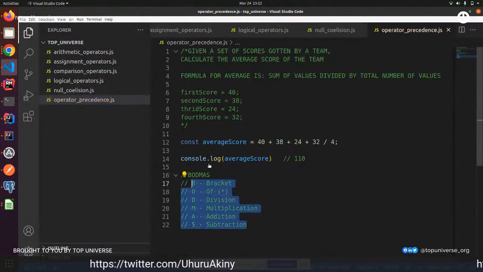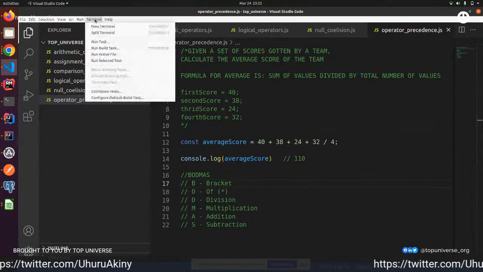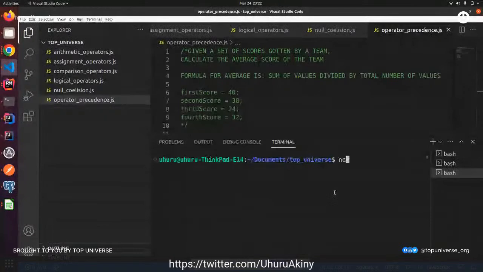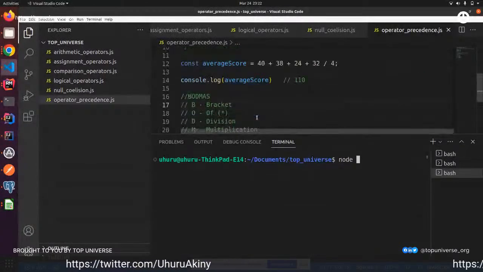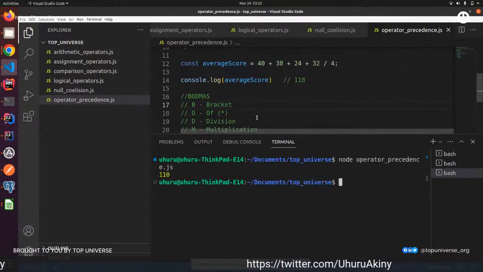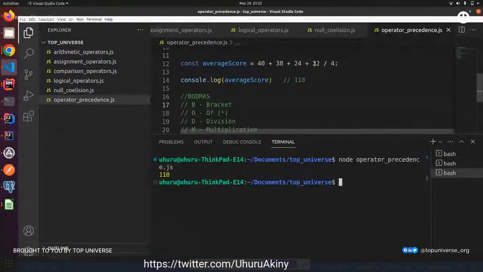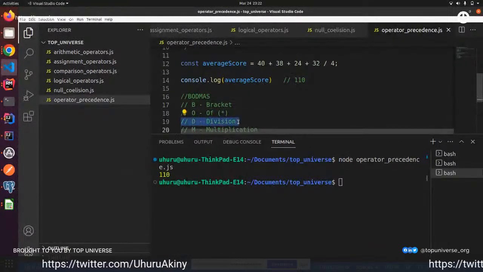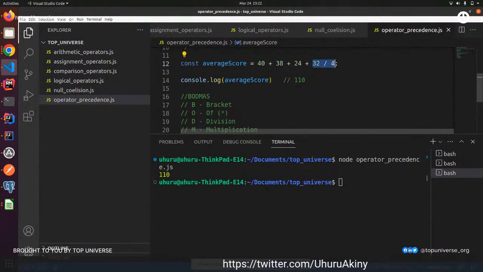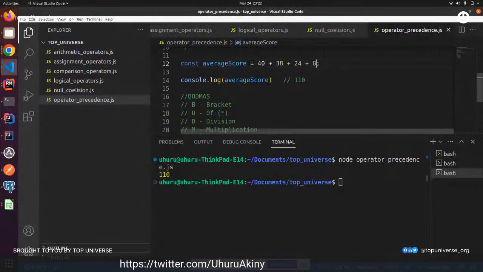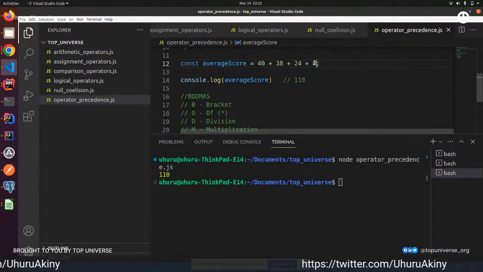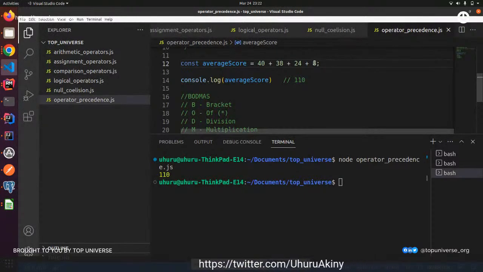Let me comment this out so we can see this in real time. I'm running this code in your terminal so you can see the 110 in real time. What happens is it will look for division, which is here, and divide 32 by 4, which in this case is 8. So it adds 40 plus 38 plus 24 plus 8 and gives you that as your average,